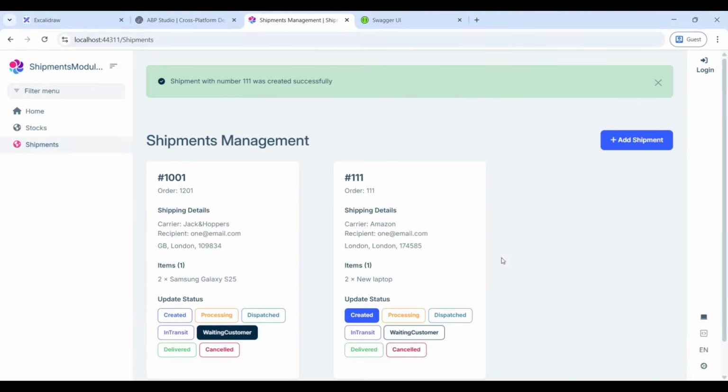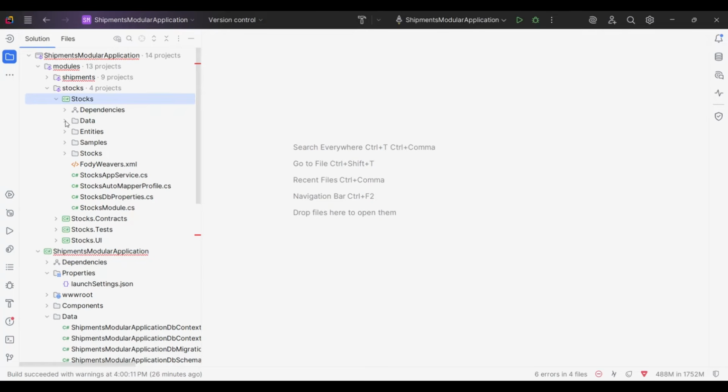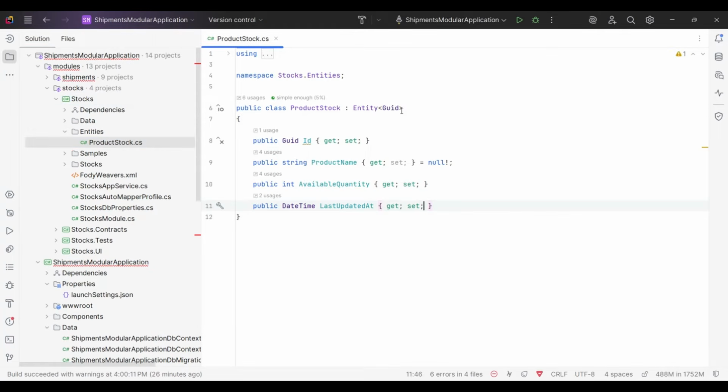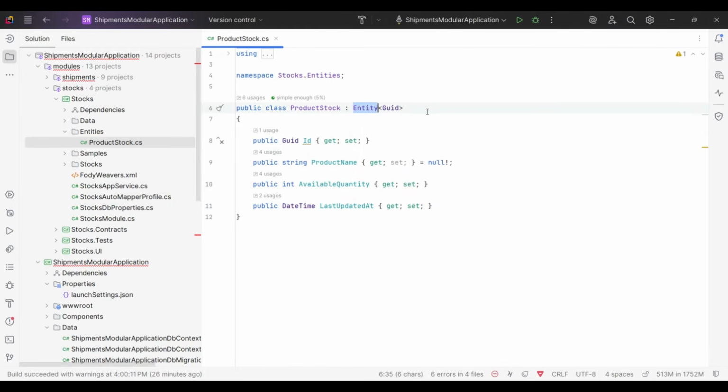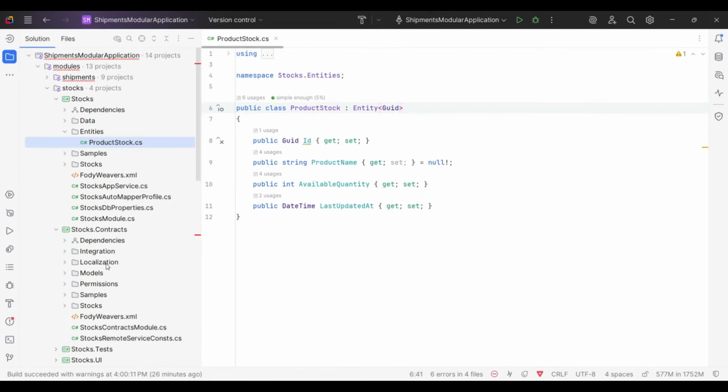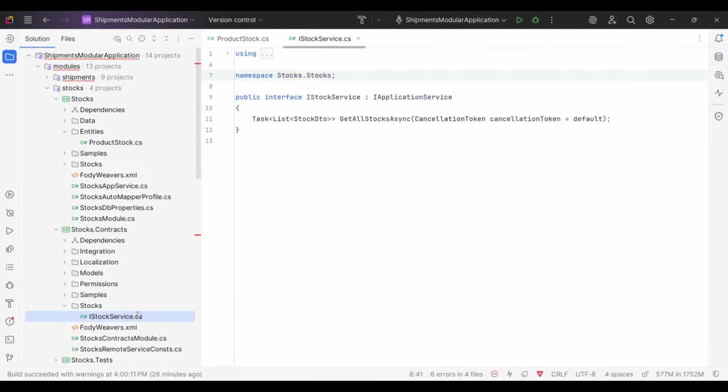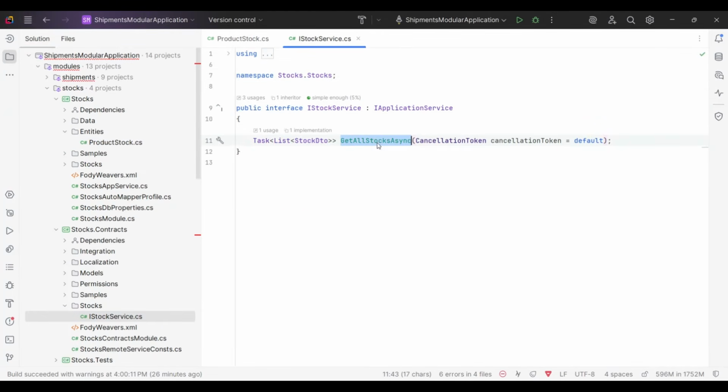And let's create our shipment. All right, our shipment was successfully created. Now let's build a stocks module and integrate two modules together. In our stocks project, we have a ProductStock entity. You can also inherit your entity from the base entity instead of aggregate root, as in the domain-driven design template. I have built an IStockService that returns all stocks that we can view on our front end,